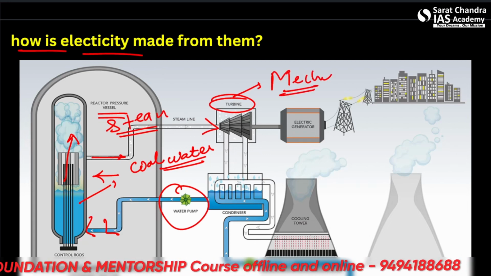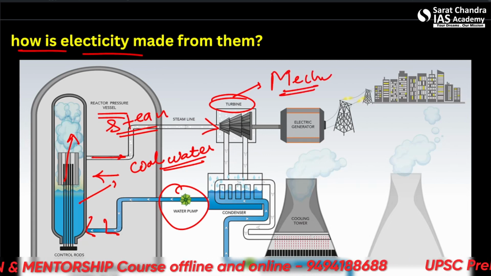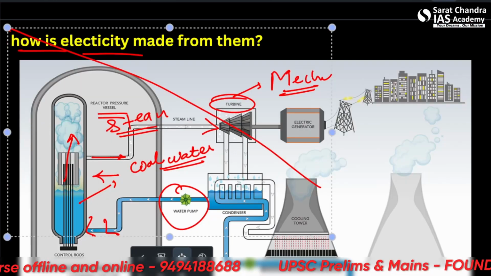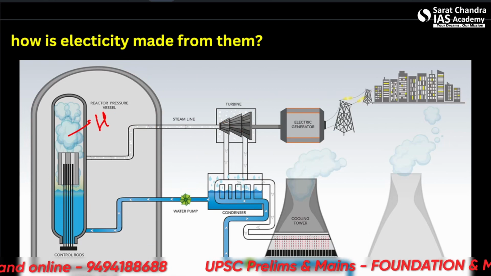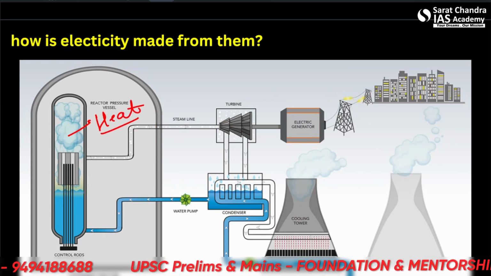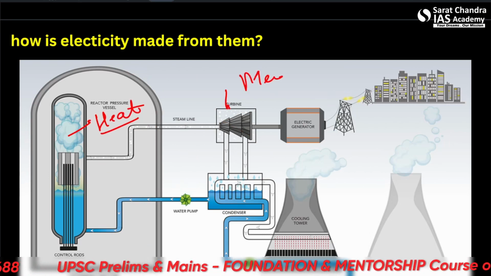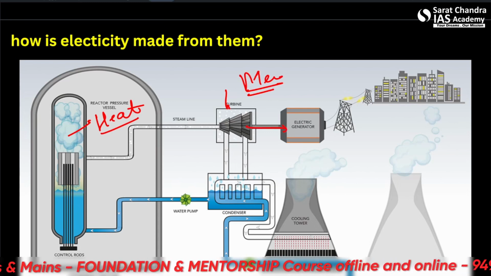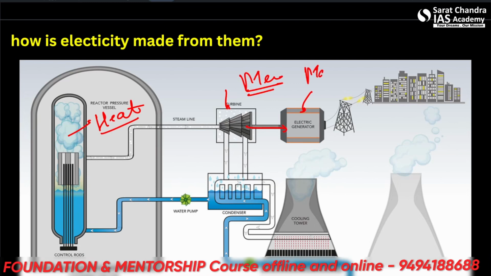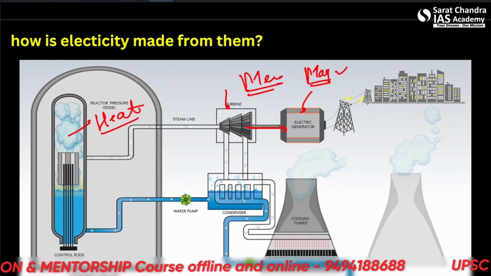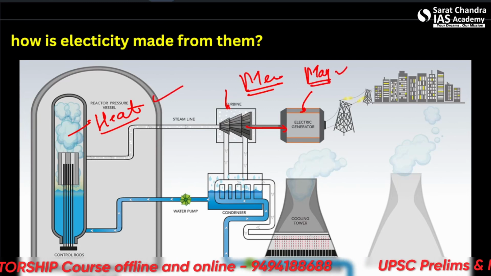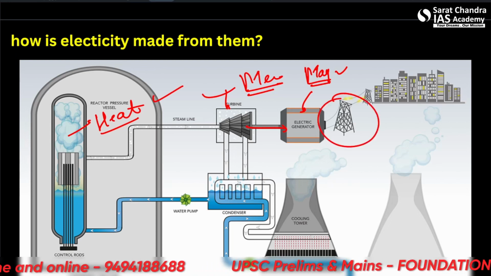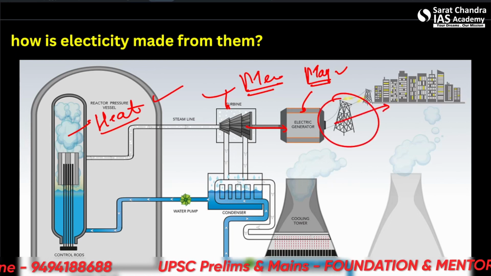So which three forms of energy does this process combine? It combines heat energy, then transfer of energy by mechanical energy, and then conversion of energy from the mechanical to the electric generator. So magnetic energy is also used here along with the electrostatic. So almost all of the forms of energy are used in this process. Finally, this is transferred to grids and eventually to houses.